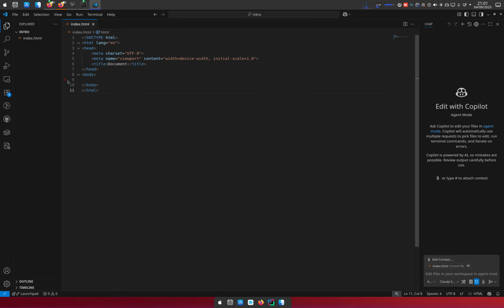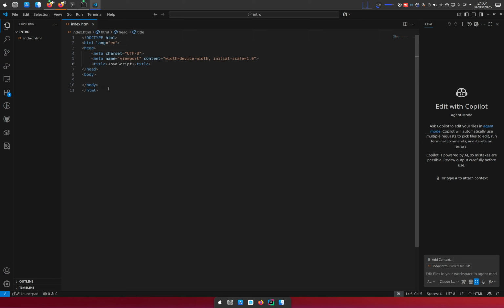Now, this is basic HTML. I can just change the title to maybe, I don't know, JavaScript. And this is what I'm going to use to explain on JavaScript. So in your HTML code, there are two places you can place JavaScript, depending on how you want it to behave. So one of the places is usually inside the head tag.